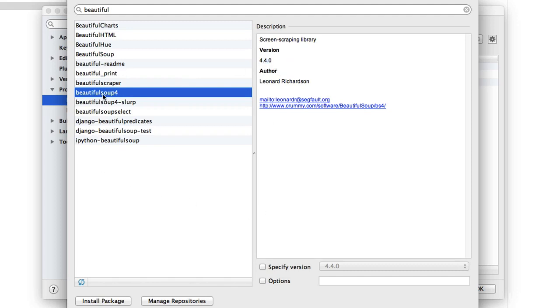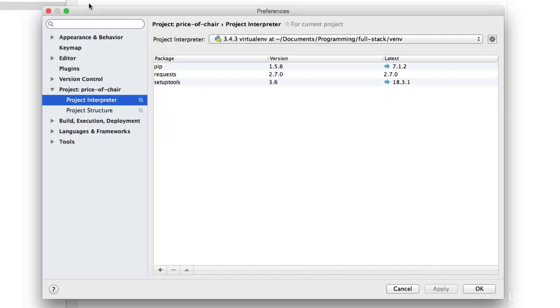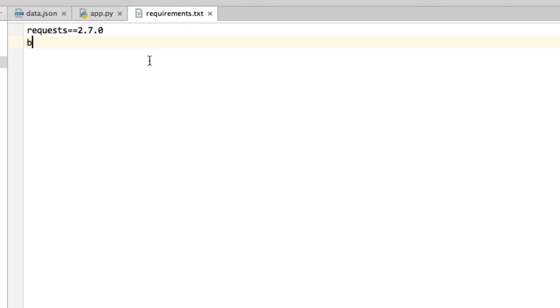So that's your library name, that's the version, so we can close that, type beautifulsoup4 equals 4.4.0,